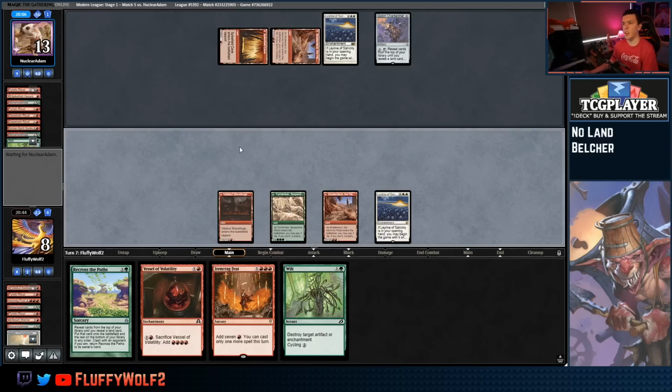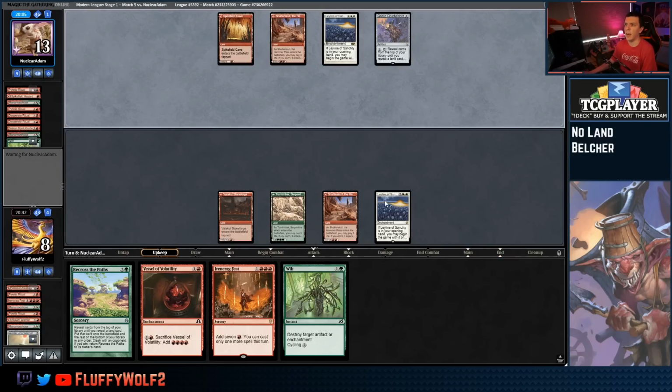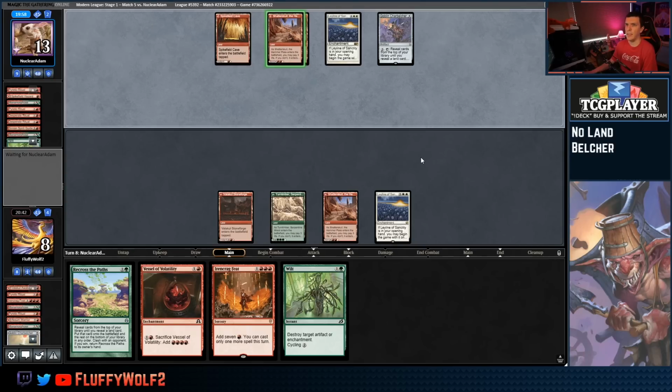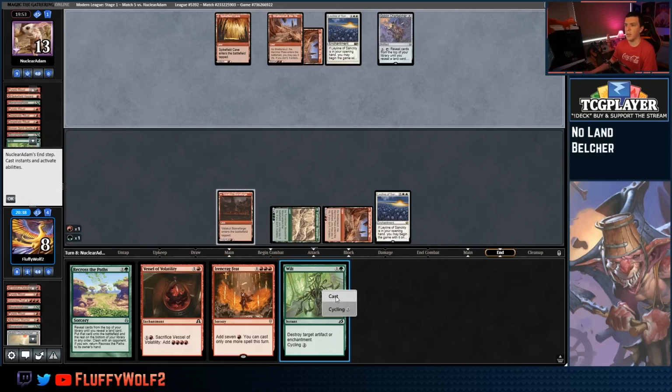Let's pass the turn here. I can Wilt their Char Belcher if they go to kill my Leyline. Land. Puts the land into play tapped. Alright, end step will